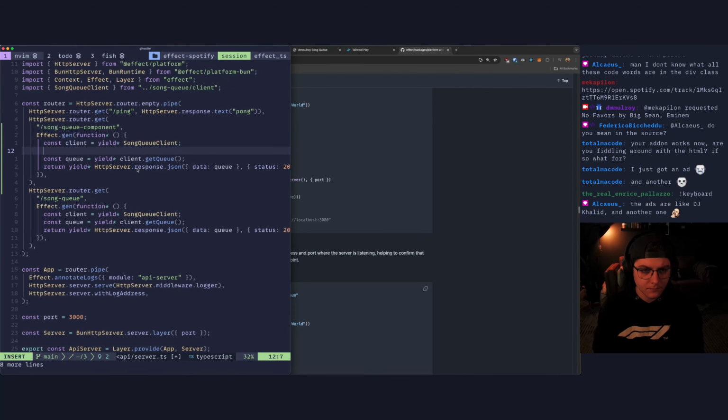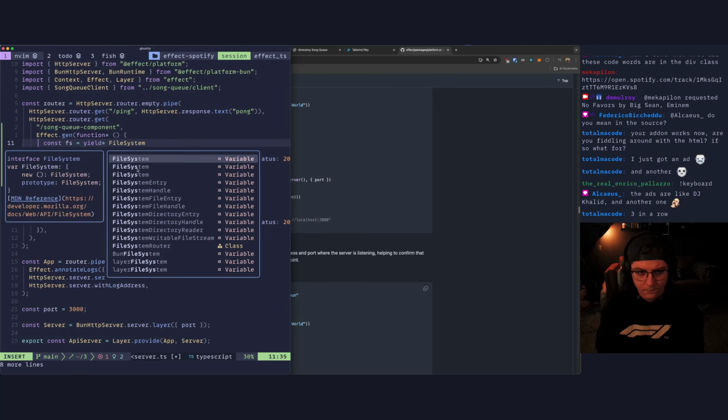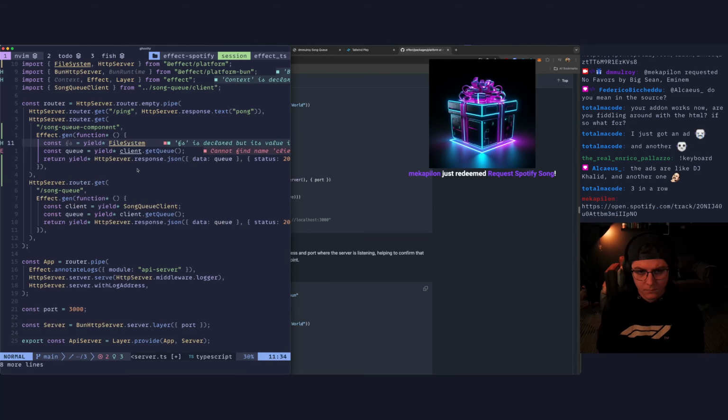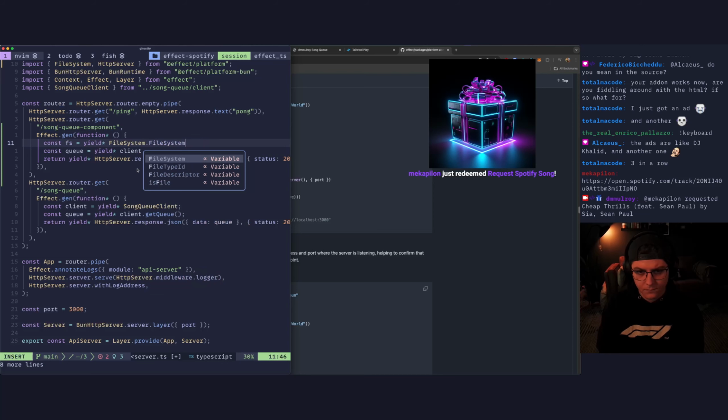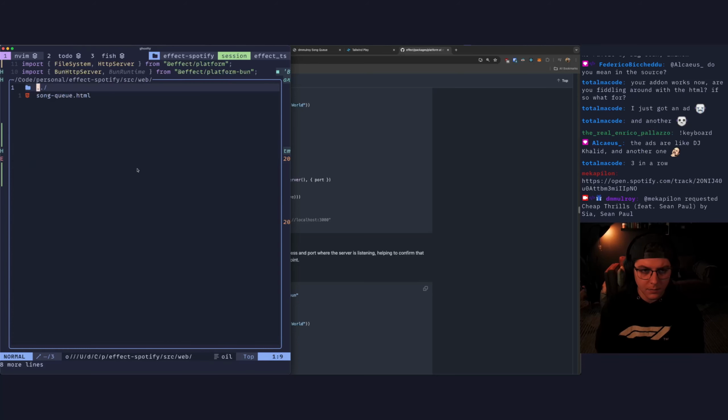So we get const HTML equals file system dot read file string, and it's going to be source slash web slash song queue dot HTML. Is that what we did? Web, yeah.